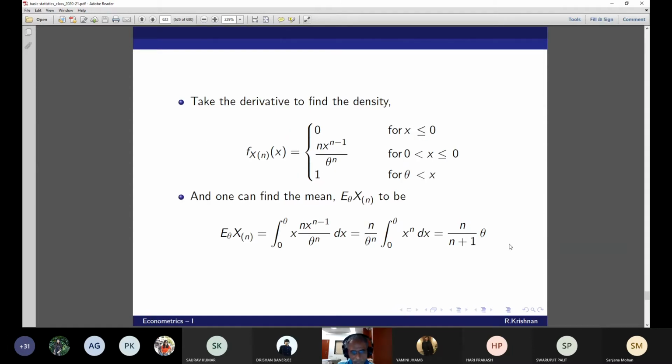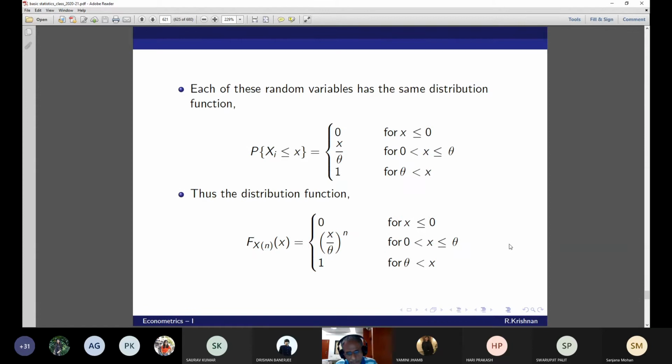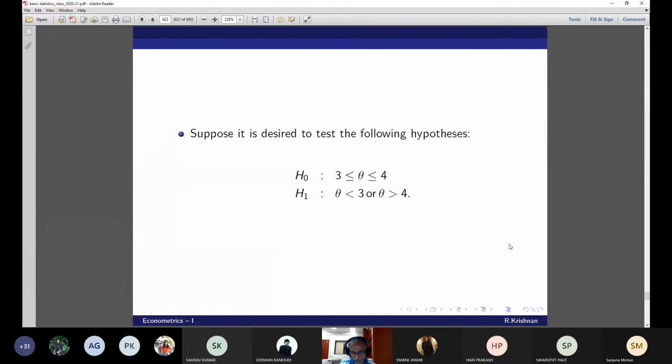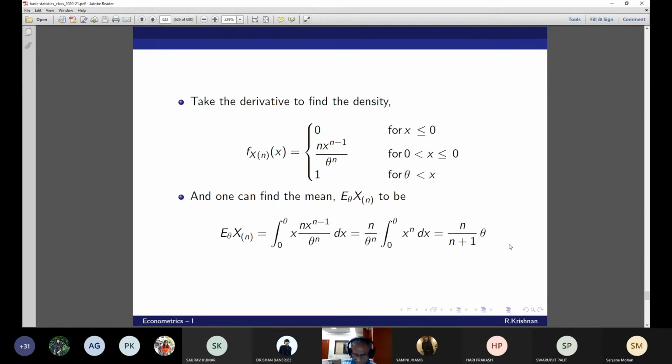Now comes our problem. I need this particular result, the distribution function. You take it down and be ready to answer this question. This is not done generally in classes. Always you do the normal distribution. Now I'm going to do the uniform distribution. Next we are going to do an exponential distribution, and I'm going to give you a homework involving exactly this.